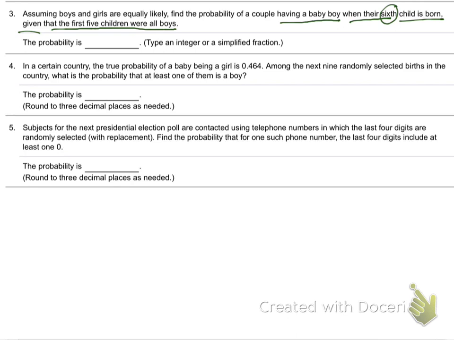Probability always has a denominator, right? Yeah, 1 out of 2. Just 1 out of 2? Yeah, because nothing else affects the probability for a girl no matter what. It's just a half. They're trying to trick you. Very good. Yeah, this one does want a fraction, by the way.